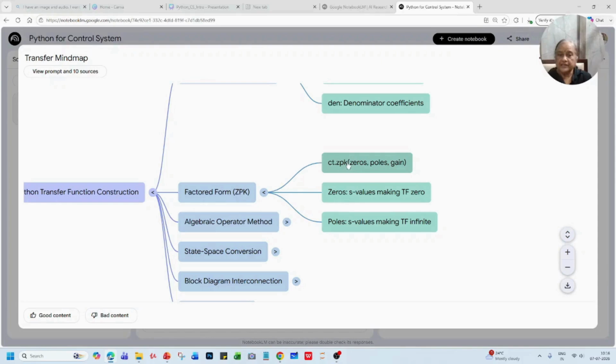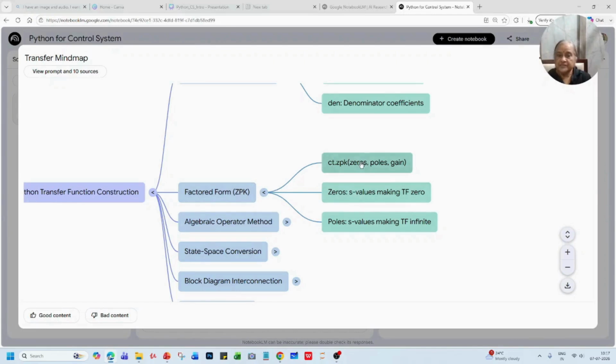Zero, pole and gain, that is ct.zpk, will take the input zeros, poles and the gain. So the transfer function is constructed like this if the given transfer function is known in the zero, pole, gain form. We make use of